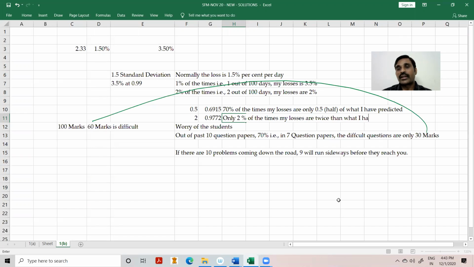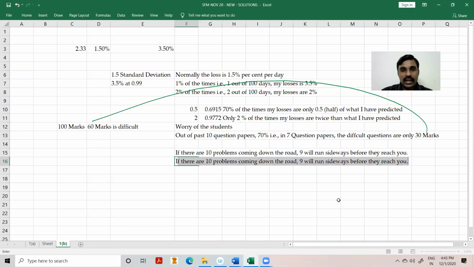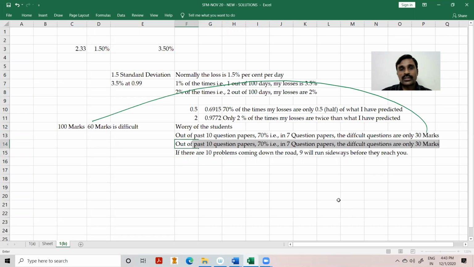Only 2% of the times my losses are twice than what I have predicted. That means if I take this point, out of past 100 question papers, that means 50 years, right from the beginning of the CA Institute, 2% is two question papers,